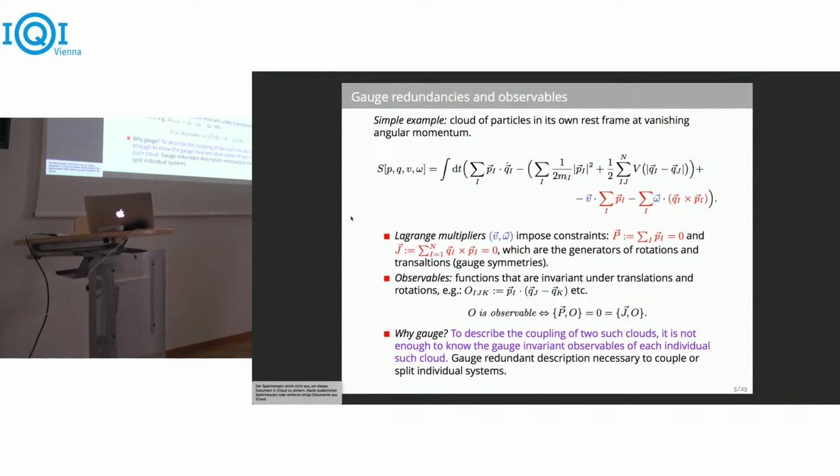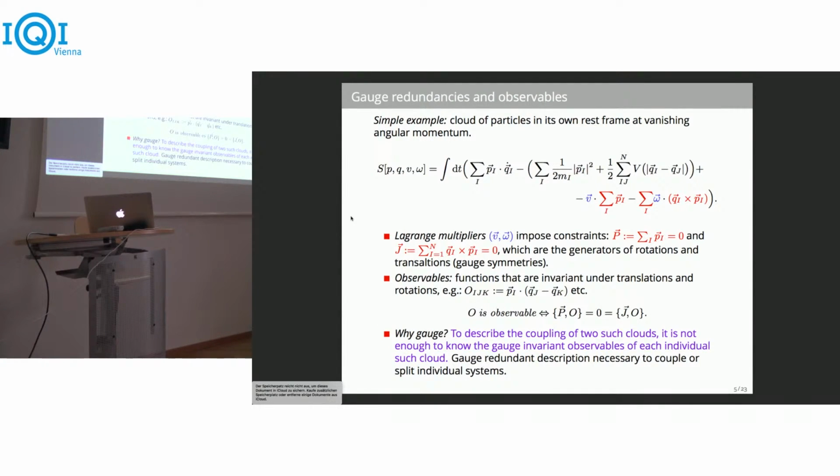And now you already get an idea why such gauge symmetries have to do with how systems couple together, because if you consider now two such clouds that are initially very far separated, such that the interaction can be neglected between them, and then you bring them together, then it's clear that the coupled system under this action